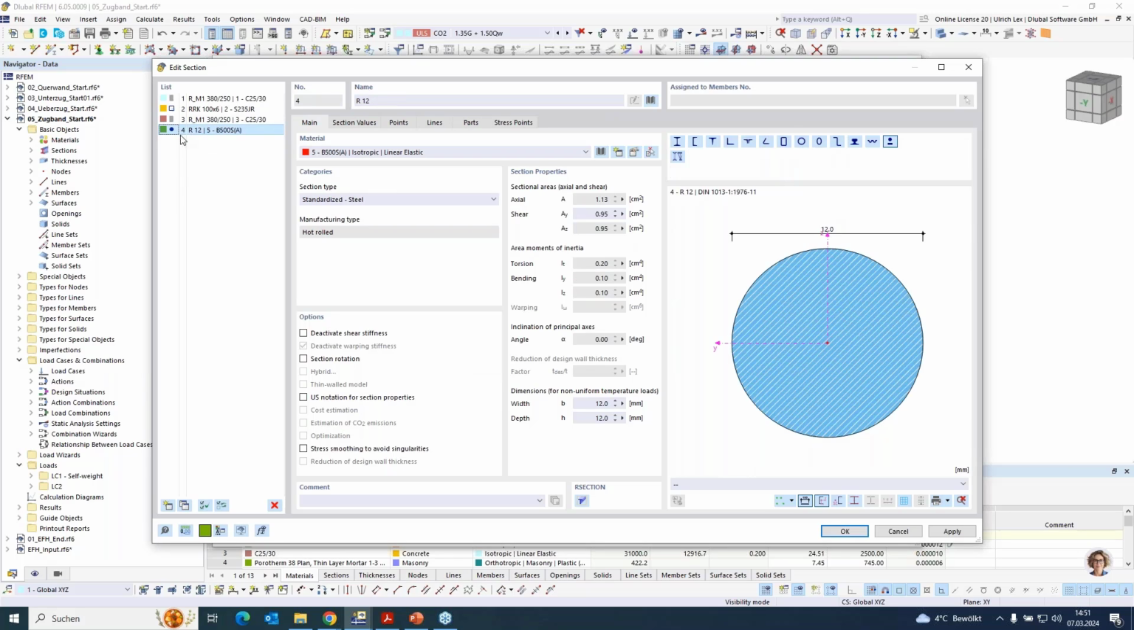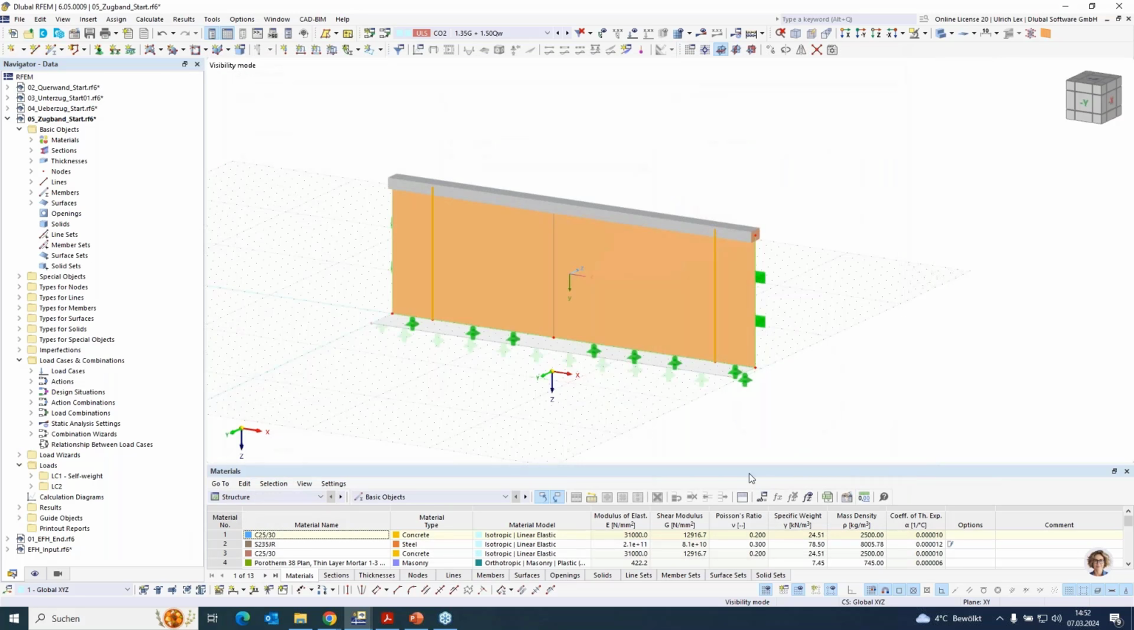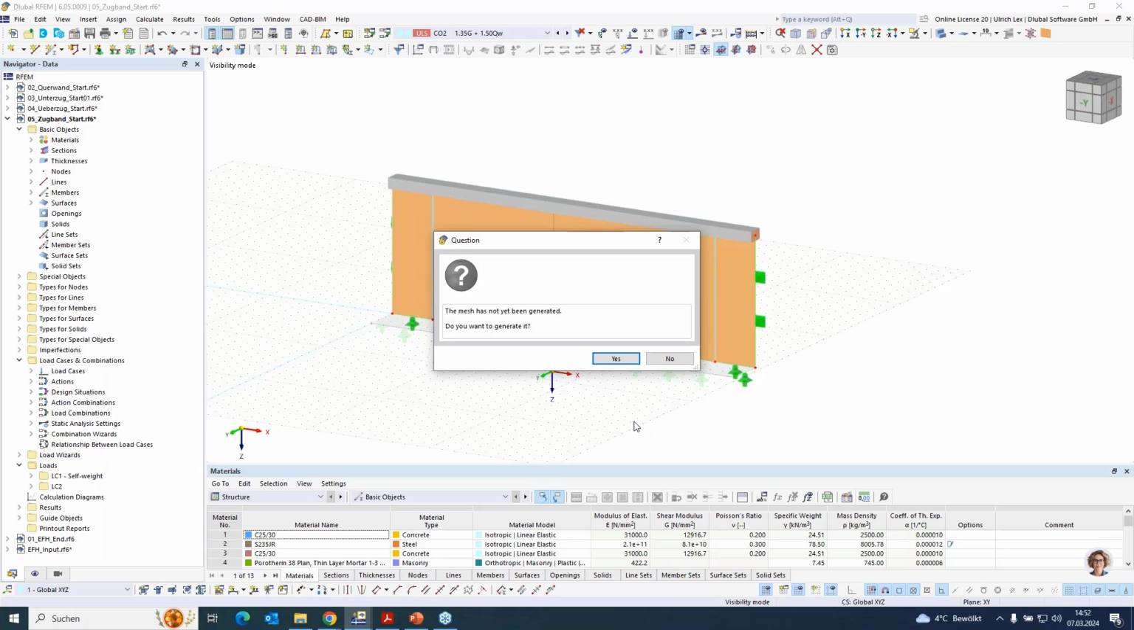I have created already maybe a section of 12 millimeters as a tension beam. But now when you create the mesh, please be careful,